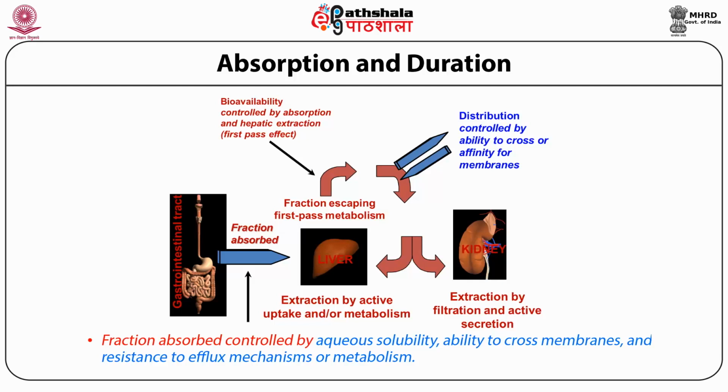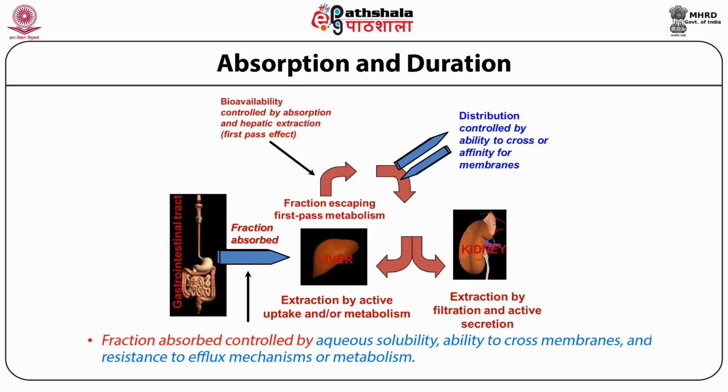So here is the actual system which takes care, the physiology system, and that is the gastrointestinal tract. Everything is done after the bioavailability, that is controlled by how much the hepatic extraction, which we call first pass, and how much is the balance of absorption in the bloodstream. After you get into the bloodstream, there is a fraction which actually escapes the first pass metabolism, as is shown in the picture. Now from there it starts the distribution, which is controlled by the ability to cross,